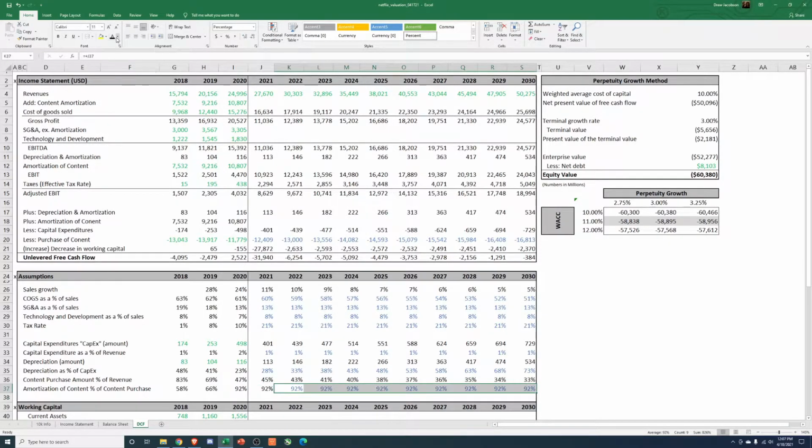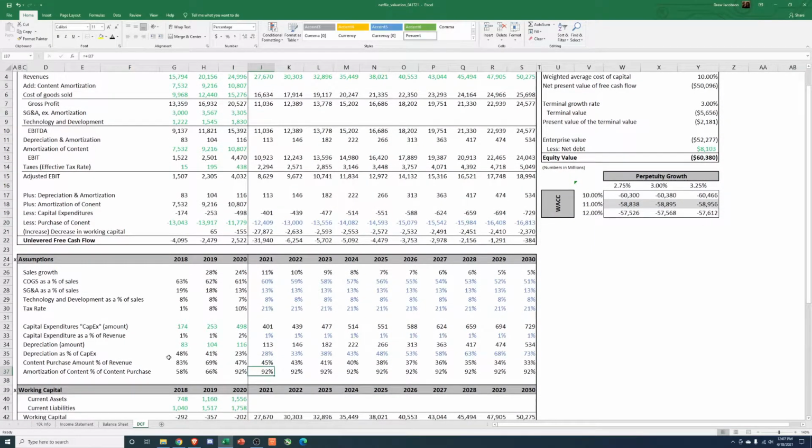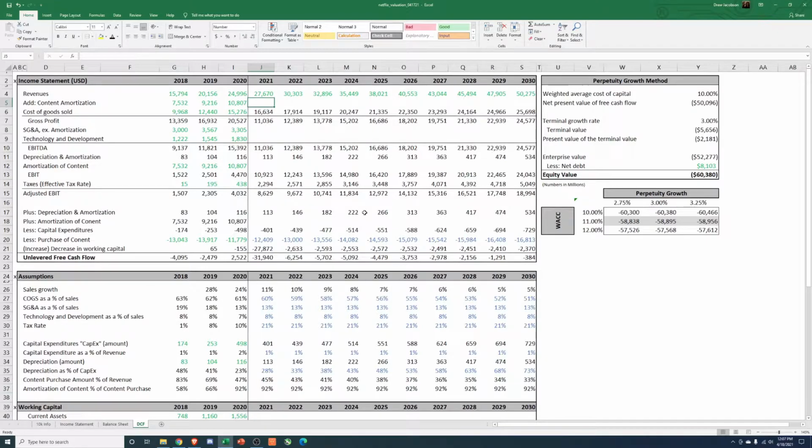And I guess another sanity check real quick. They mention in the next like 3 years, they're going to have probably like 1 to 4 billion of additional unknown content acquisition. They mentioned that in the 10K. So if we're at about 12, and then we're adding 1, 2.5, 3, we're adding about 4 billion across those 3 years. It's probably fair in comparison to the baseline we're at. So we'll hold the amortization piece flat for now, and that's as a percent of content purchase. I actually think we need to make that negative, so we'll do that.